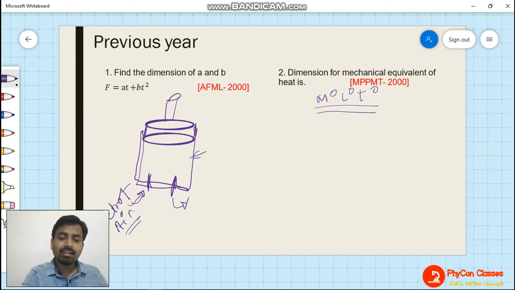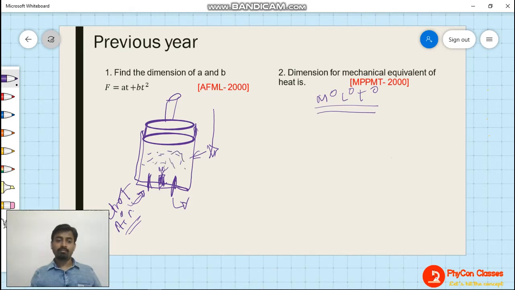When this is entering, what will happen? At the entry point, this piston will come down, and there will be one spark plug. Have you heard of this spark plug? This spark plug will ignite. When it ignites, the petrol and air mixture inside the cylinder is going to get burned. When it is burning, a huge amount of pressure, temperature, and energy will be developed inside the cylinder, and that will be responsible for a force onto the piston, because of which this piston will move in the upward direction.